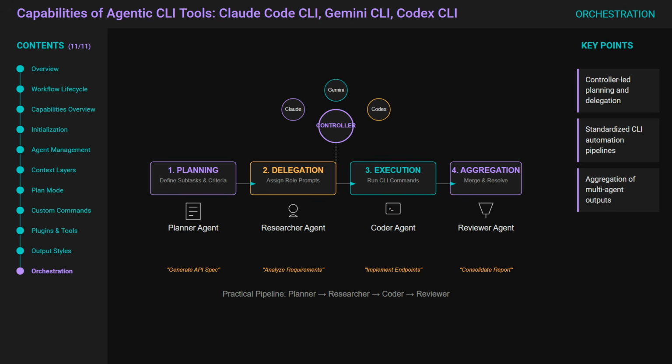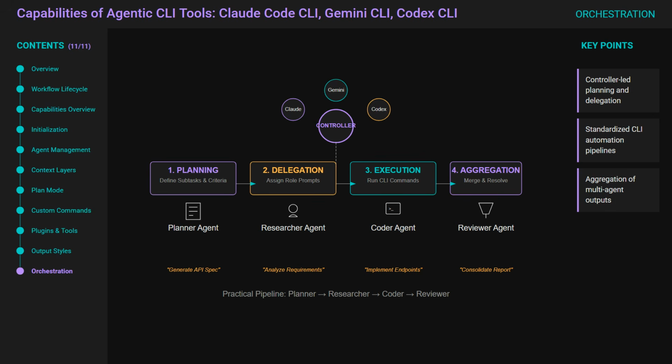The primary differences between these tools lie in their built-in ergonomics rather than the core concept. Claude Code CLI emphasizes interactive coding workflows with explicit command line controls and integrations. Gemini CLI patterns focus on prompt-driven task execution and tool utilization within terminal sessions. Meanwhile, Codex CLI documentation highlights code-focused execution controls, approval processes, and scripted runs that are well-suited for continuous integration or